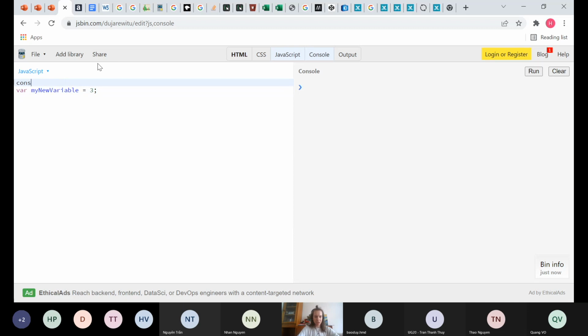If we try to log my new variable before it was assigned a value, it equals undefined. And if we try to access it after,